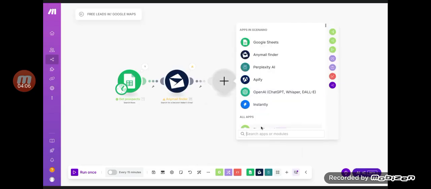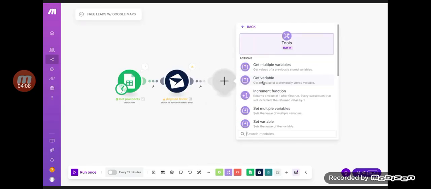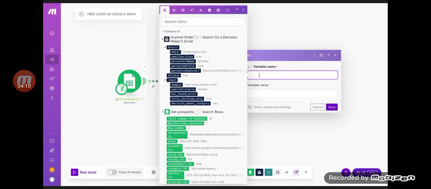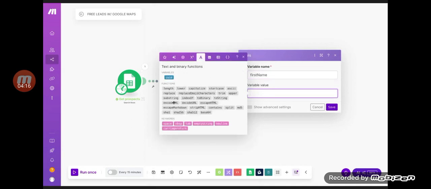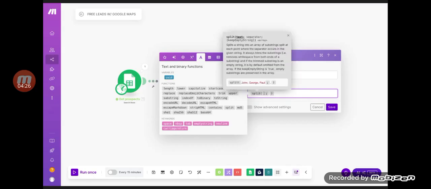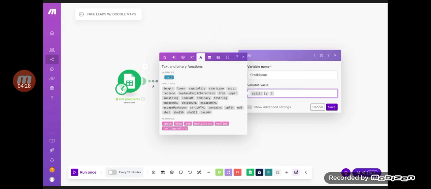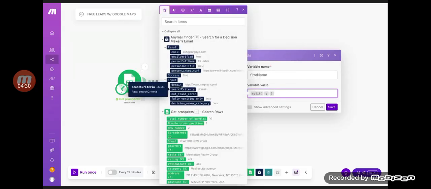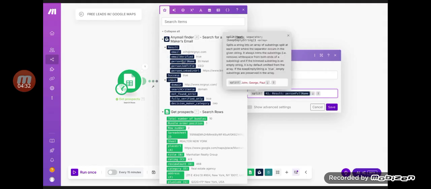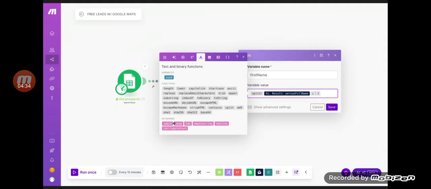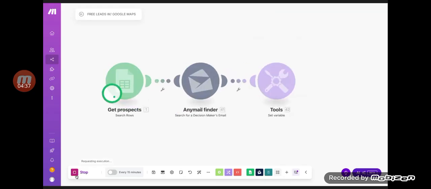Now what we need to do is set up a tools module because we want to split this variable into the first name and last name. So let's go into tools, into set variable. In this variable name, we're just going to call it first name because that's what we're getting. And then let's go ahead and get our split function. Where is it? Split. One second, I'm just looking for the split here. Split, cool, and then we're gonna enter in the results.firstname. So if I click in between right here and head back here, we want the person's full name, results, person full name right here. And then we're gonna split this by the existence of the space with this make.com friendly variable. So now if we run that,